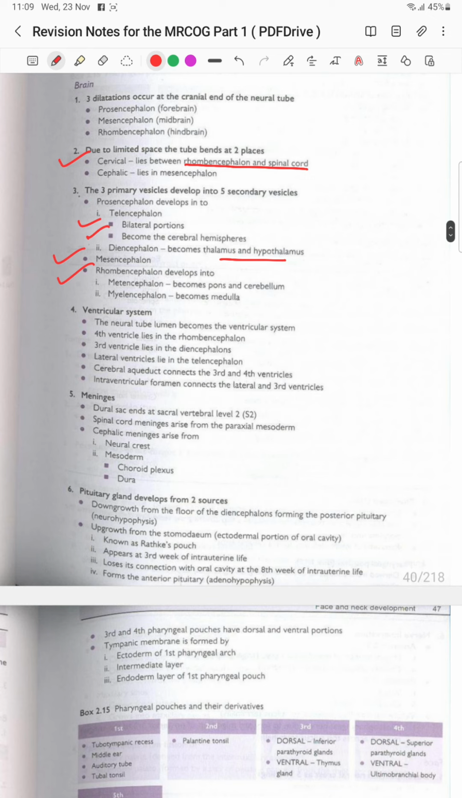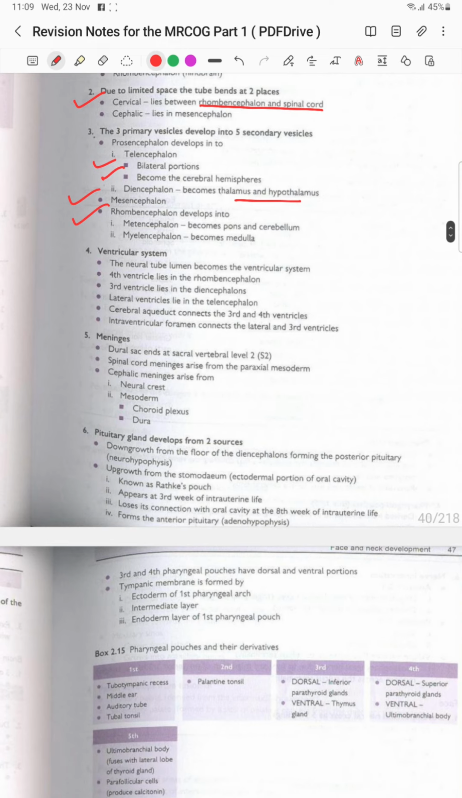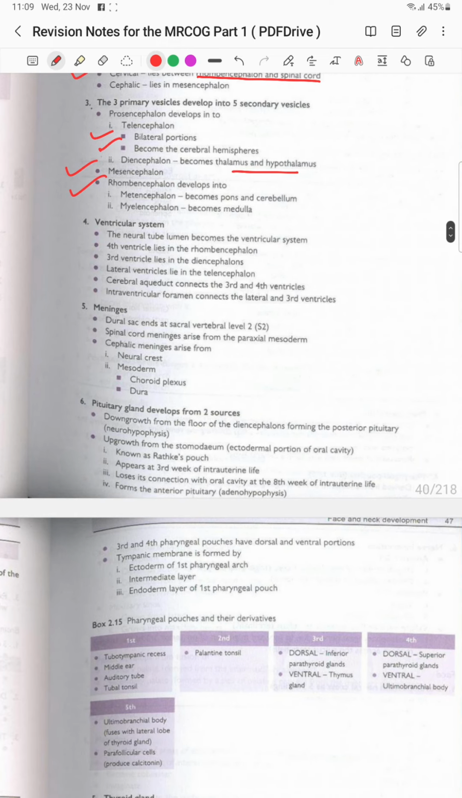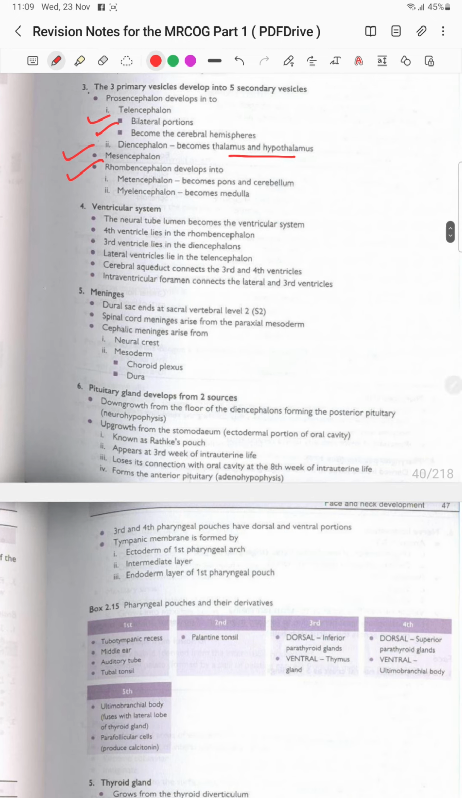The ventricular system: the neural tube lumen becomes the ventricular system. The fourth ventricle lies in the rhombencephalon. The third ventricle lies in the diencephalon, and the lateral ventricles lie in the telencephalon. The cerebral aqueduct connects the third and fourth ventricle, and the interventricular foramen connects the lateral and the third ventricle. The meninges: the dural sac ends at the sacral vertebral level S2, and spinal cord